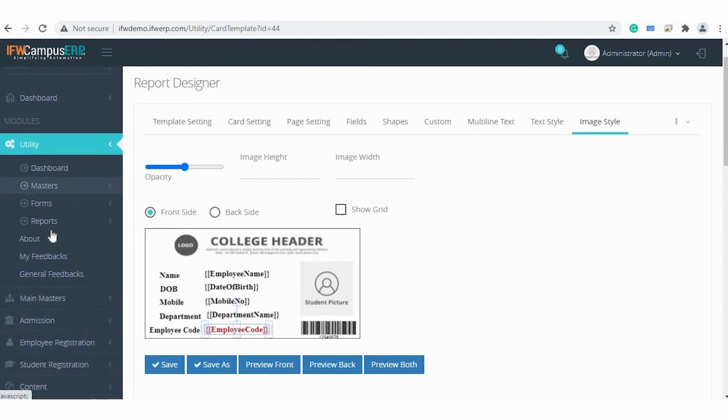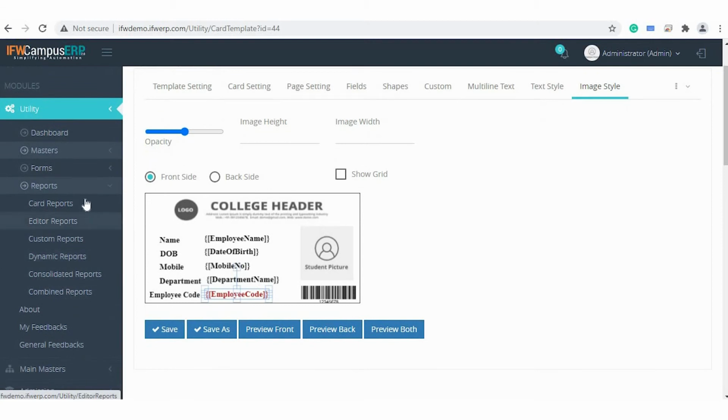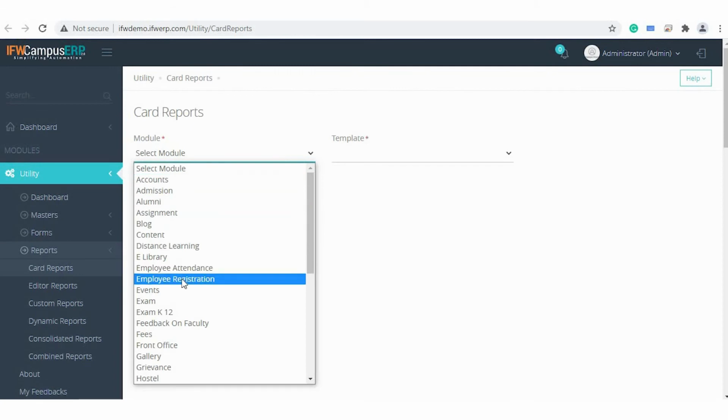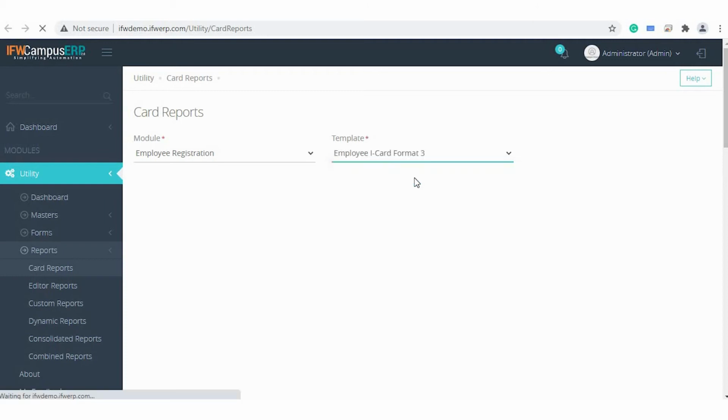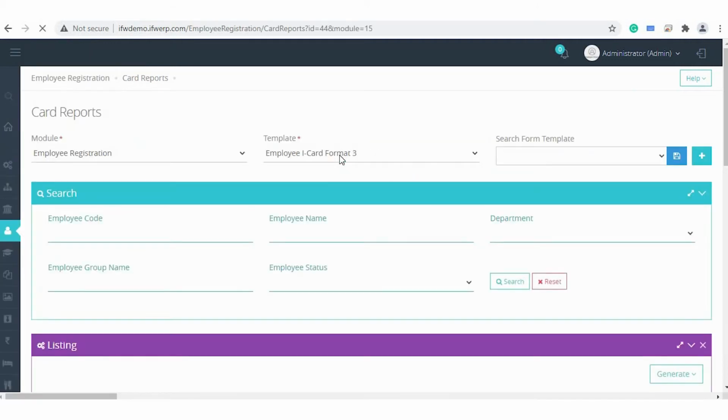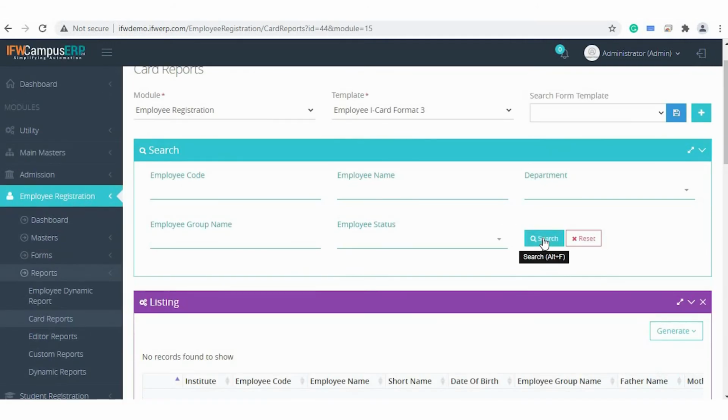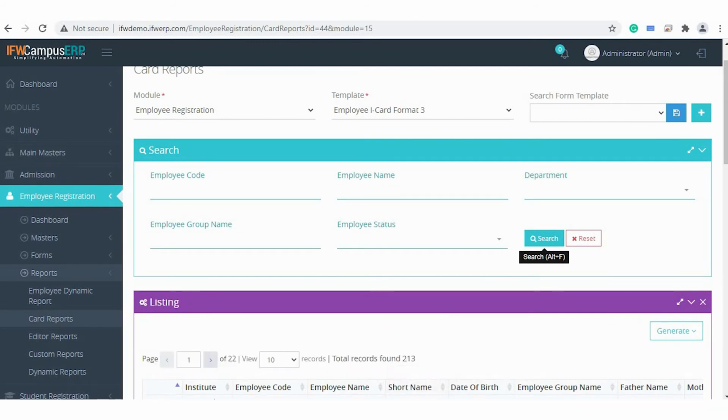Similar to editor and custom templates, the card templates are also generated using the card reports in the report section. Now we are using the card reports here to generate the designed templates. Select the module and template name. Click on search, or else you can give the employee name and click on search.